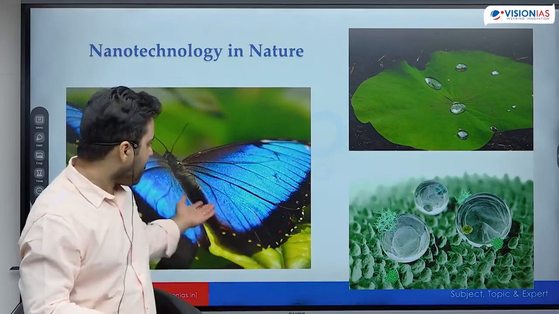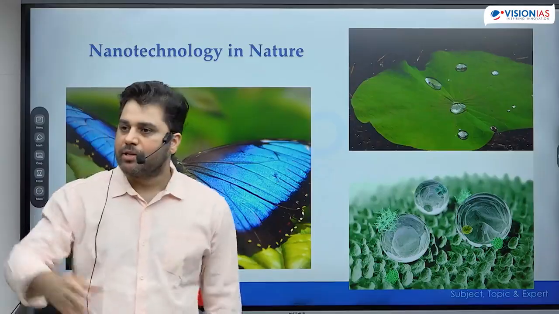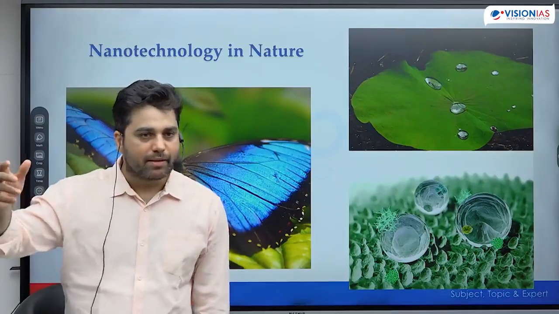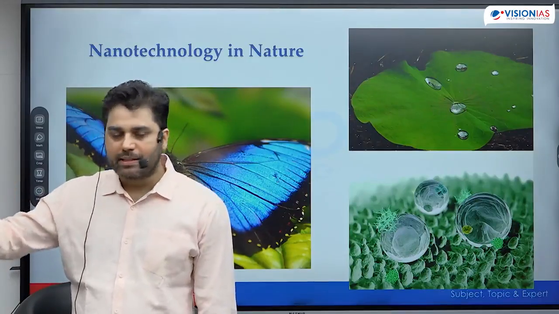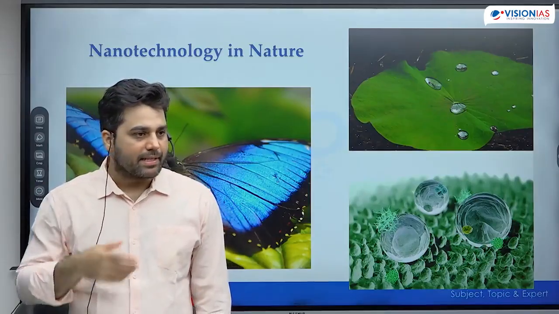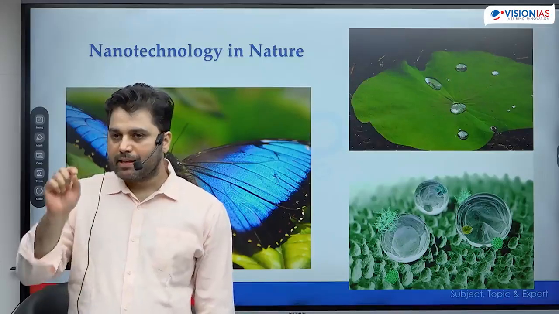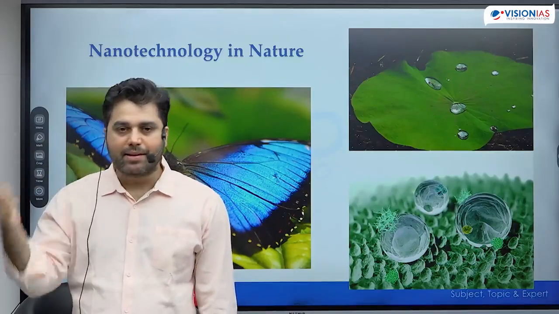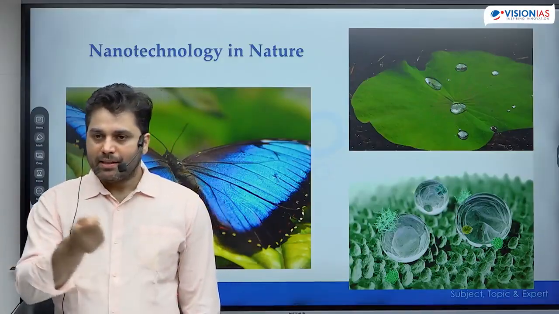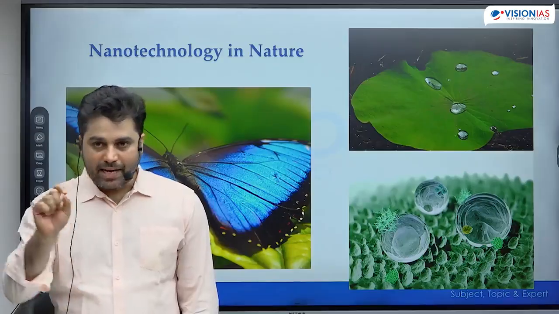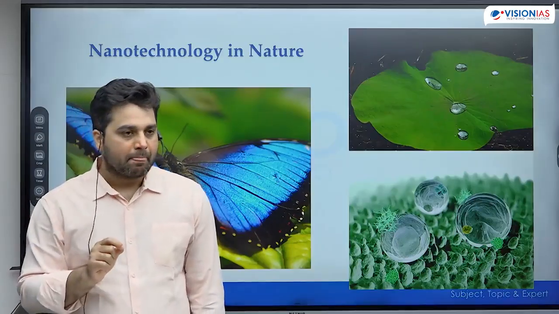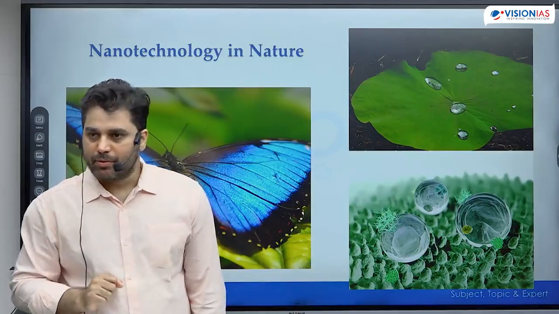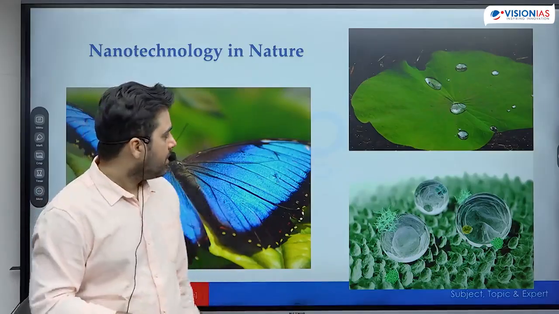So right now this butterfly is of blue color, but I'm very sure you have seen yellow butterflies also, red butterflies also. You have seen all of these different colored butterflies, and it is essentially because of a very thin nano layer on their wings, which reflects different light. In this case, the size of this layer of material determines what light will be reflected the most, a physical property.